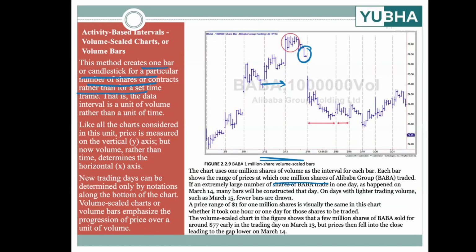If it is trading only 5 million shares, then you'd have 5 bars. But for some stock that is only trading, suppose, 50,000 shares a day, you'd probably want to keep 5,000 shares as the benchmark for creating one single bar during that day. But what does it tell us? If you look at it,